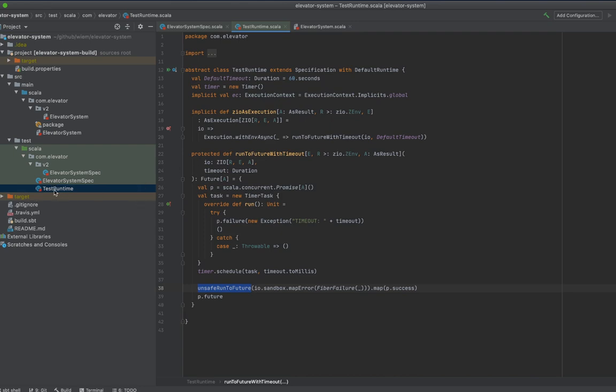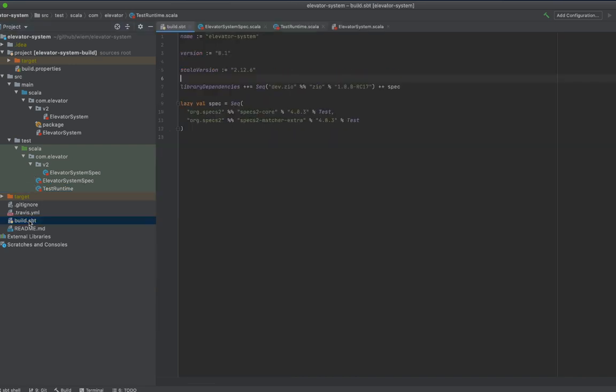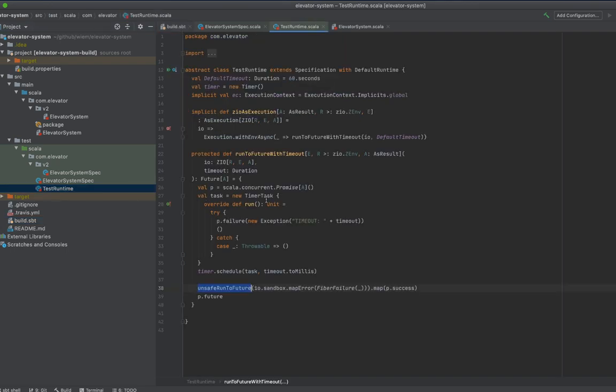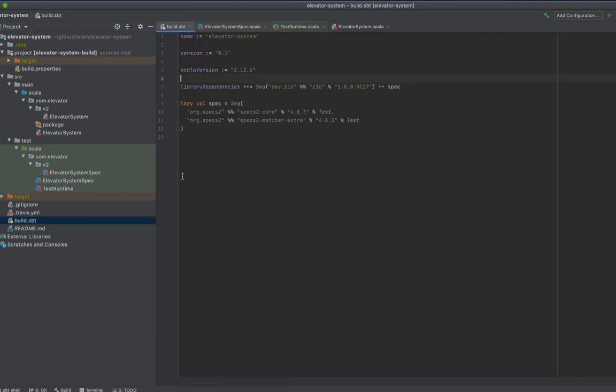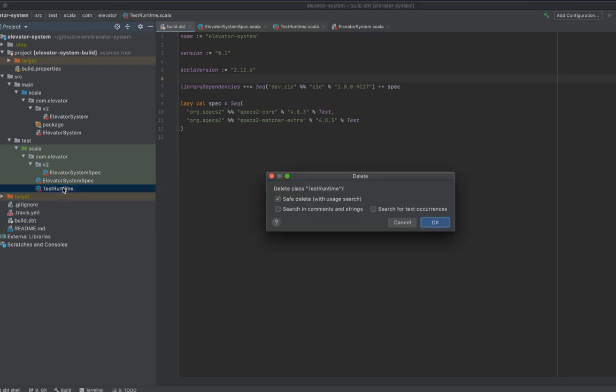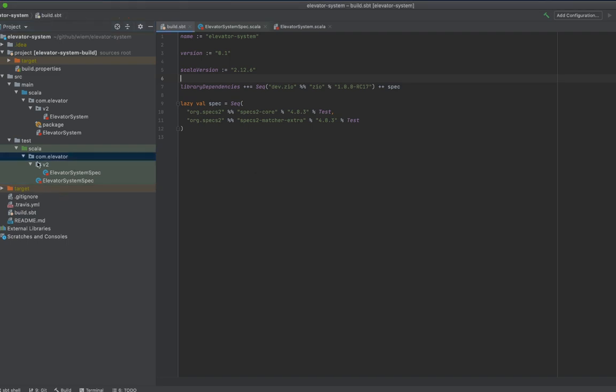we had the test runtime, which is a helper to interact with the interpreter of ZIO. But now when we are going to use ZIO Test, we will not need this anymore. When you see this, it sounds quite complicated, and I even forgot what was happening there. So let's not look at this, because we will remove it. I can remove it from now. And also this,